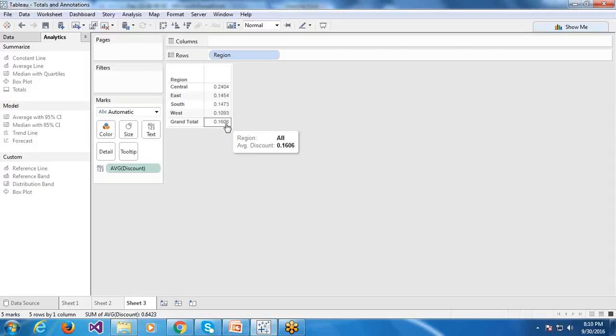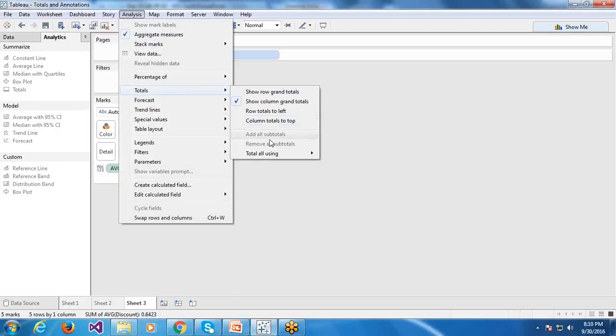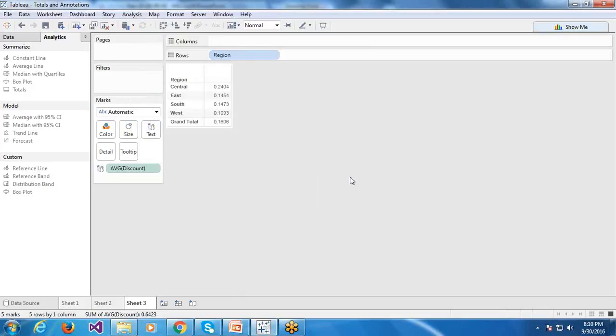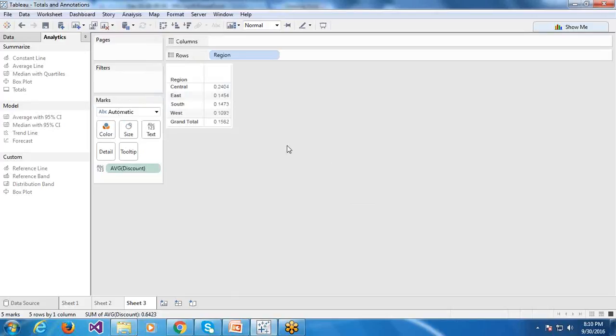If you want to remove it, go to the same place, Analysis, Totals, Total All Using, and choose Automatic. If you choose Automatic, it will compute on the underlying data.